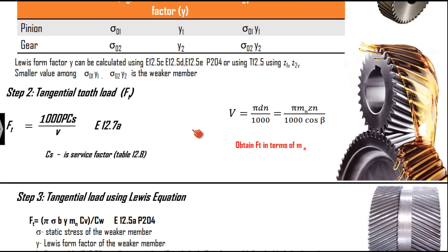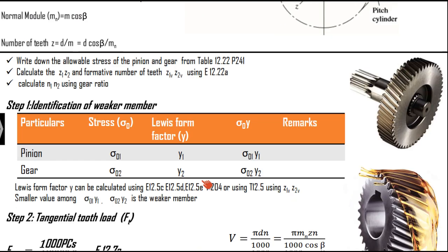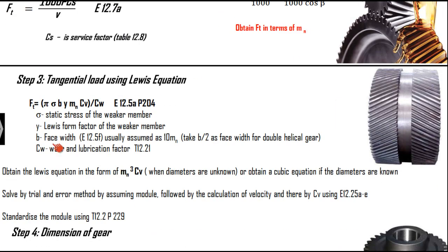So the use of ZV1 and ZV2 was just to find the values of y1 and y2. Further, we are not going to use ZV1 and ZV2 anywhere else. After substituting, the leftover is an equation with mn cubed CV greater than or equal to some value. By the same trial and error method, you have to solve the equation